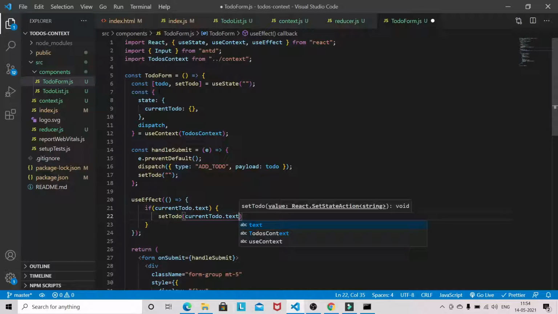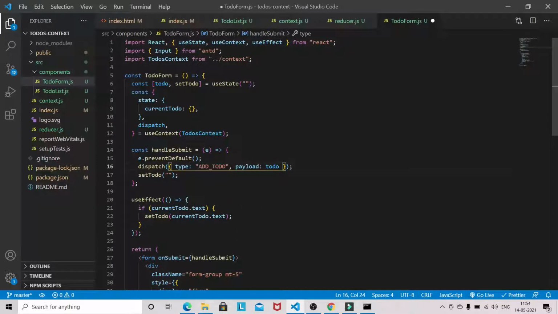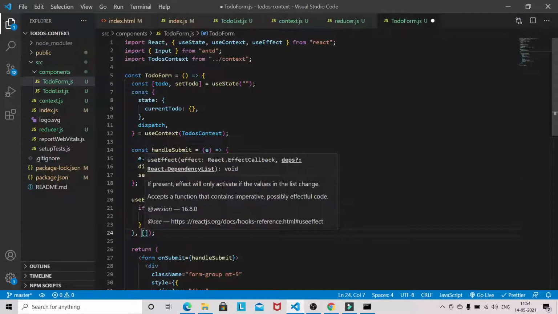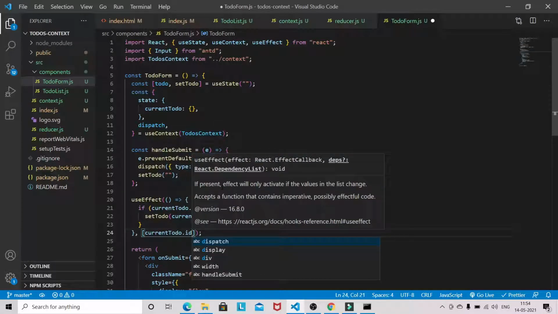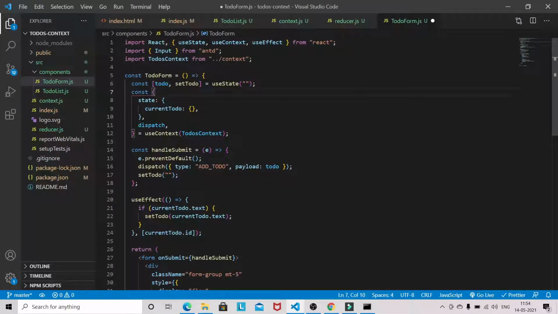Okay, and we can use the dependency here to run this effect whenever the id gets changed. So this useEffect will run whenever the id gets changed.